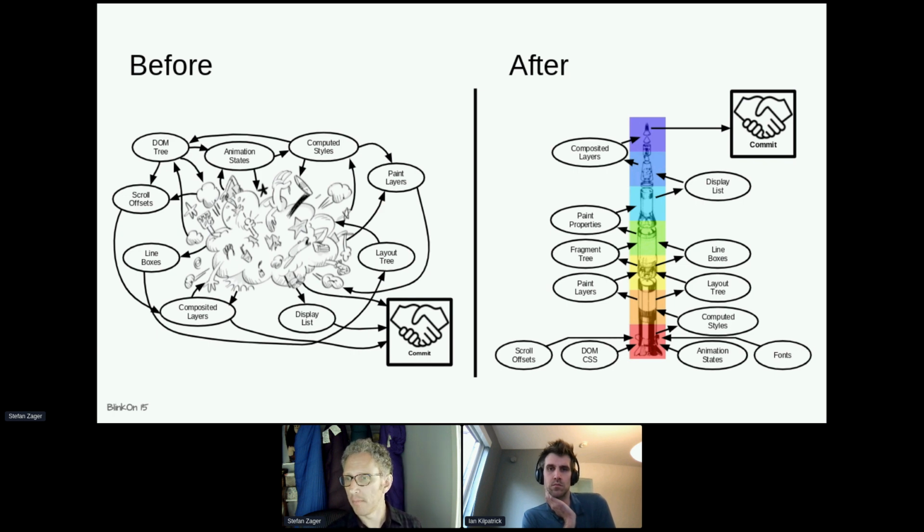And then beyond that, if you look at the next, let's take this light blue phase. I don't know if you all can see my cursor, but the second stage down is where we take the display list and convert it into composite layers. That's what we call the layerization or composite layer allocation phase. That's the essence of Composite After Paint, is that we do that step last before commit. And there's no reason why we need to run that stage on the main thread at all. So going back to these slides,